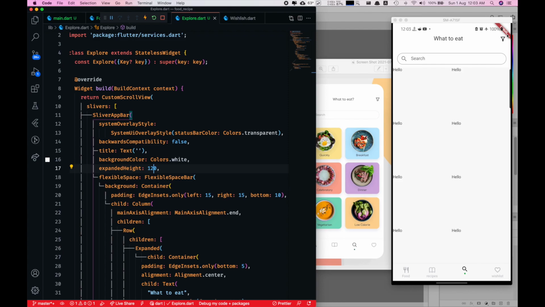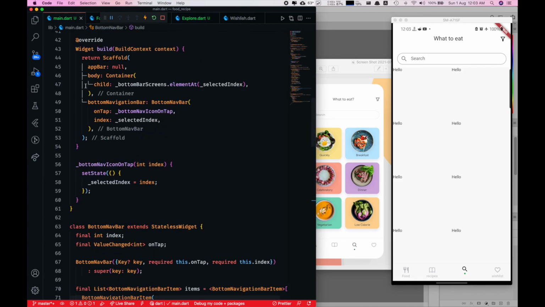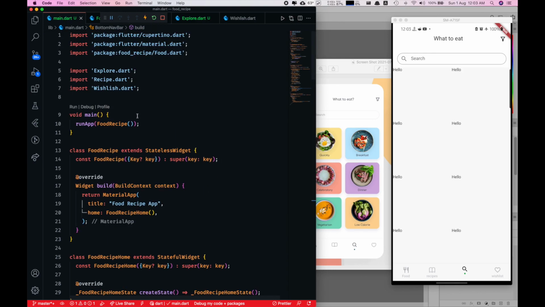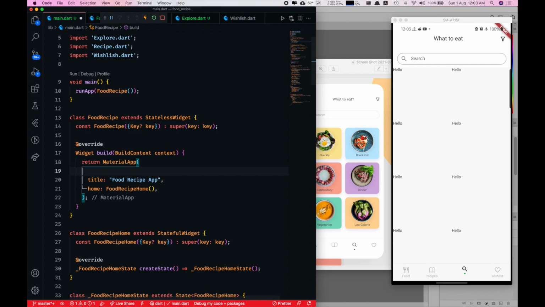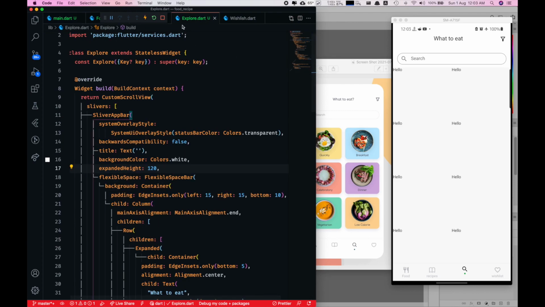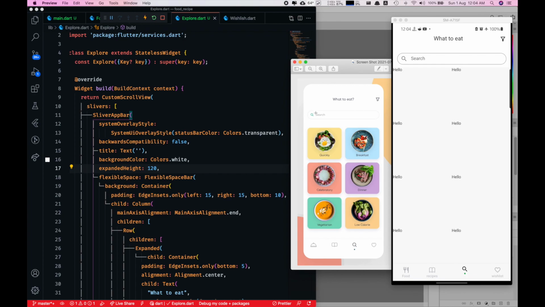Let's remove this banner, and for this we will have to go to our main.dart file, and in the main.dart file we will go to the MaterialApp widget, and inside that there is a property called debugShowCheckedModeBanner. So make it false. So this is removed. And now let's go back to our explorer file. So we have now implemented the upper portion of our UI. Now let's implement the lower portion,